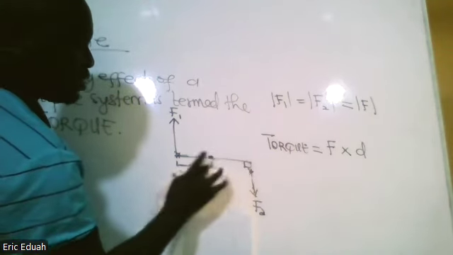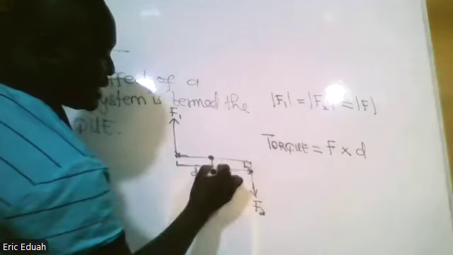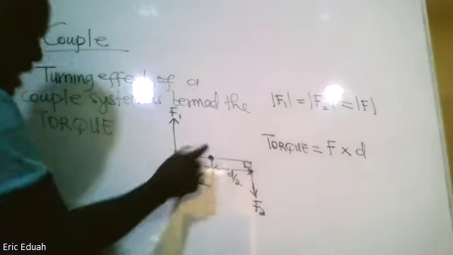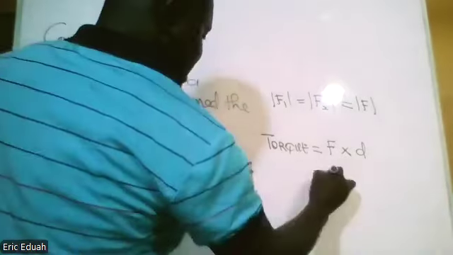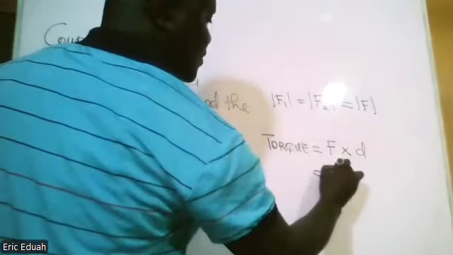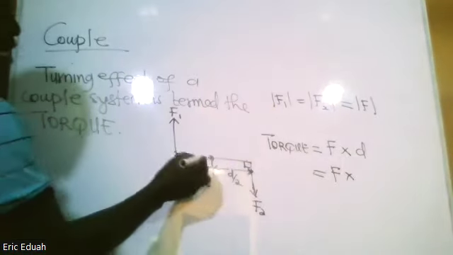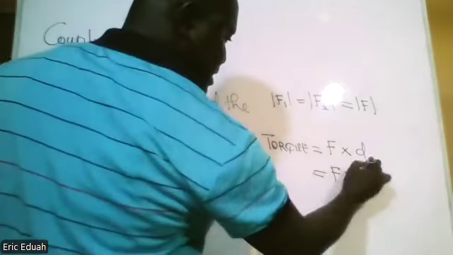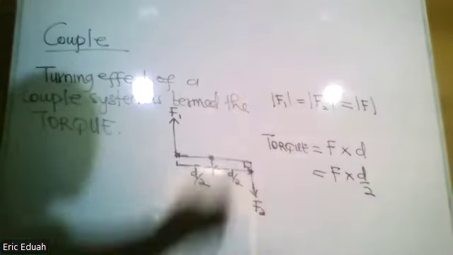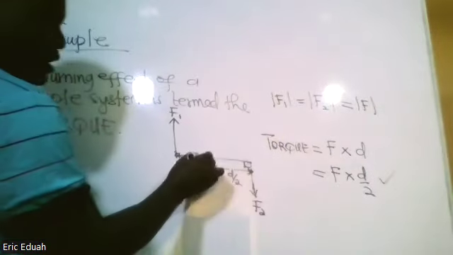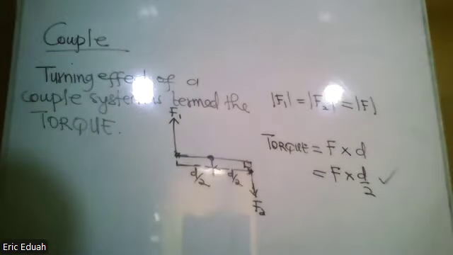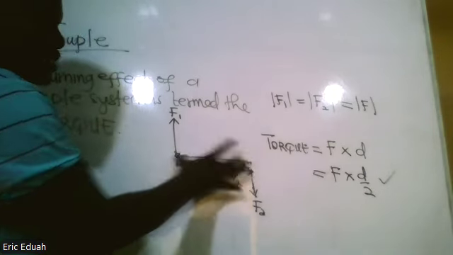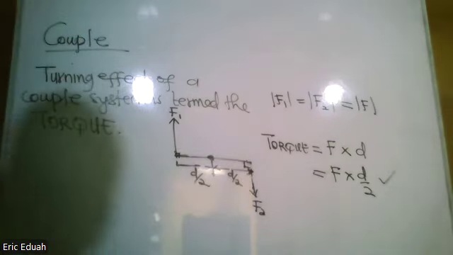We'll have the same thing also here at the other end. This is also D over 2. So the turning effect in this case, if there is a pivot, can be calculated as the product of the force F times the perpendicular distance from the pivot to where any of the forces act, D over 2. So this is when there is a pivot, when the rotation or the torque occurs around a pivot. And this is when there is no pivot, but we are just looking at the perpendicular distance between them, the